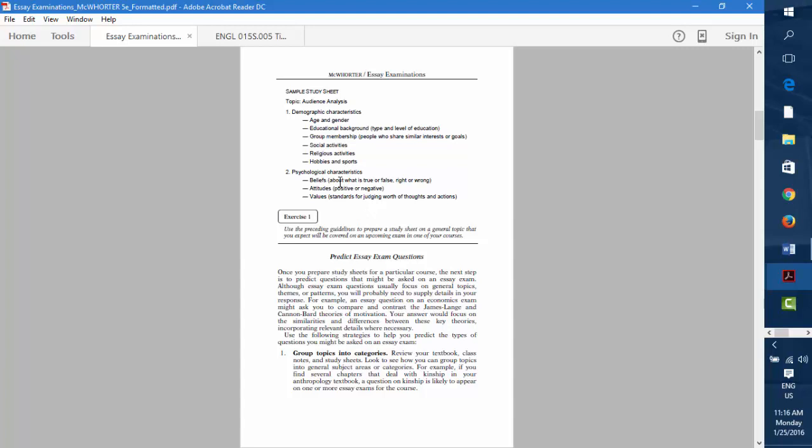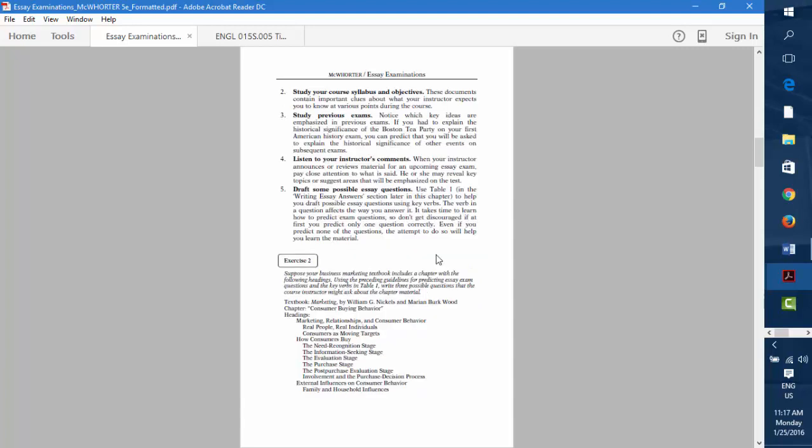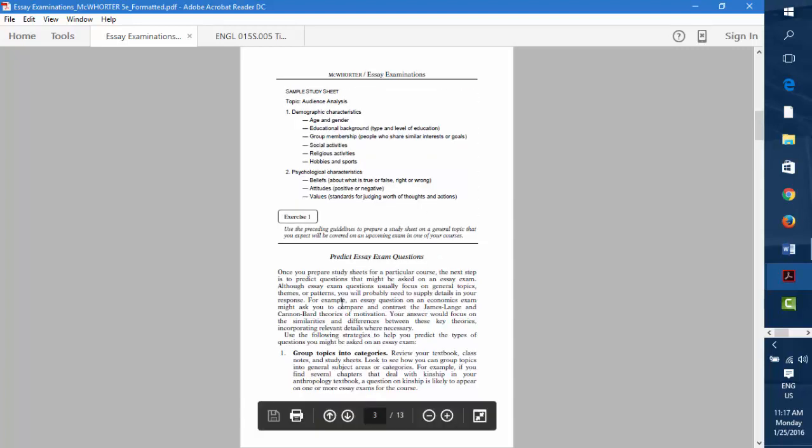Okay, so just trying to list facts and stuff won't necessarily work if you're asked to apply that knowledge in some way. So if you're asked to apply something on an exam, you're really going to want to study how to do that and practice that to prepare for that exam. And so that's what McWhorter's talking about here next: predict essay exam answers, and/or essay questions. Okay, and so here she talks about